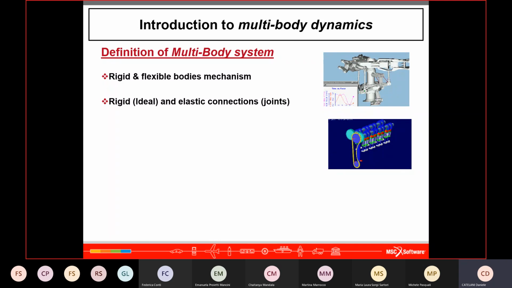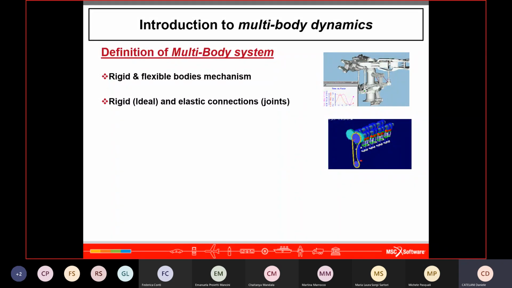Using revolute joints, which allow a perfect rotation around an axis, or a translational joint, which allows a perfect translational movement between bodies, or a spherical joint, which allows 3 rotations, or a planar joint, which allows 2 displacements and 1 rotation, etc. These joints are ideal because they are described by algebraic equations, so you cannot violate the equation, and the system cannot move or can find a locked position if you try to destroy the joint. The algebraic equation cannot be